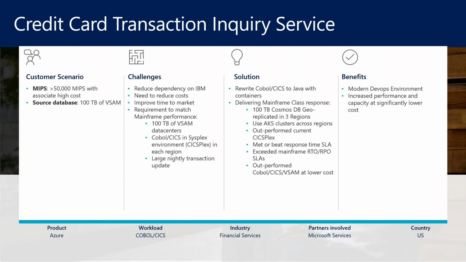Larry and the team worked with them to reprovision this to use Cosmos DB and geographically disperse it across 3 Azure regions. The performance test, done less than 6 months after we started this process, showed that we could deliver higher performance and scalability at a significantly lower cost by using Cosmos DB in Azure. The system went into production in December, and they've been extremely happy about the cost savings and also the increase in performance and responsiveness. And next slide.